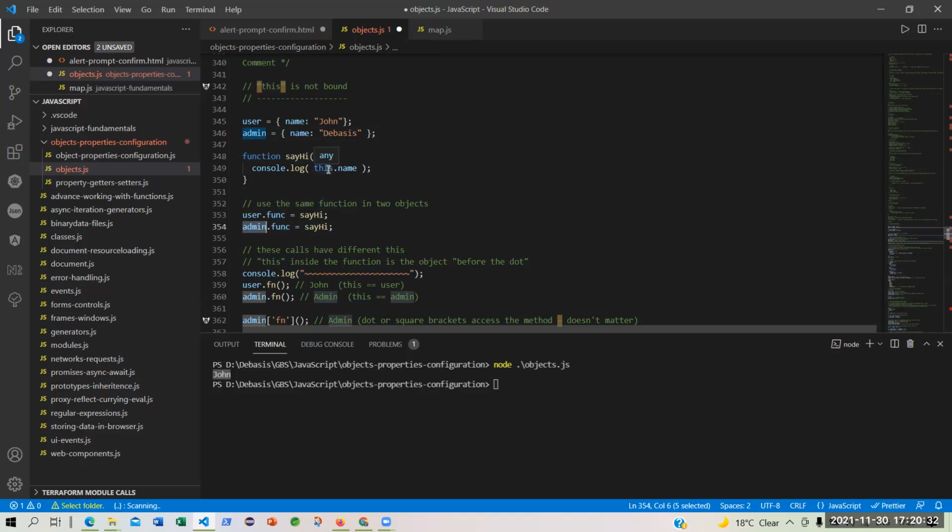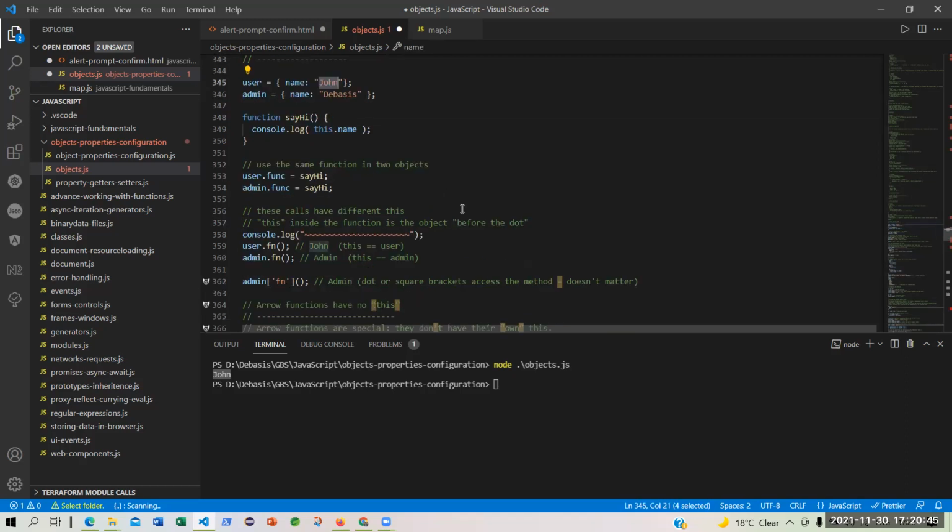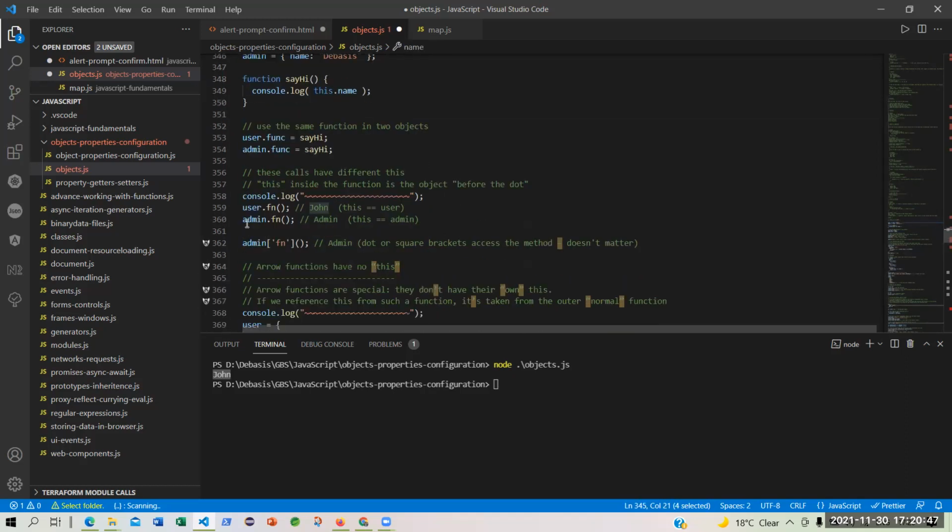So this will refer to admin here. But here this will refer to user, John, and it will print John. Okay. So let's see that. What I'm doing, I'm saying user.fn and giving a function. But will it work?